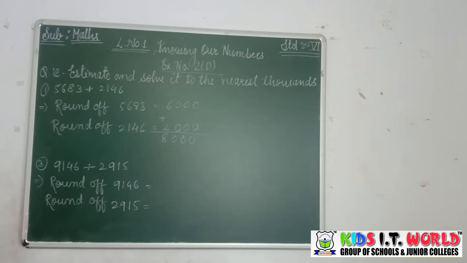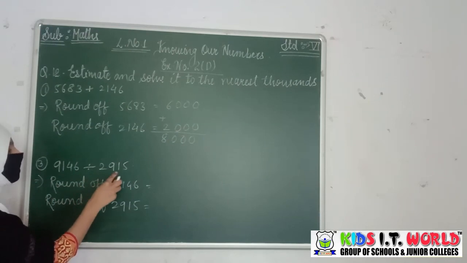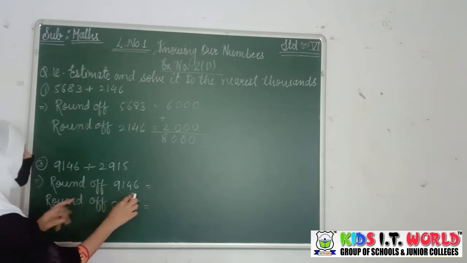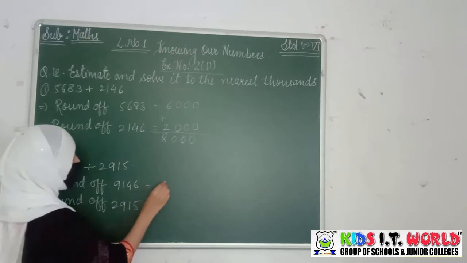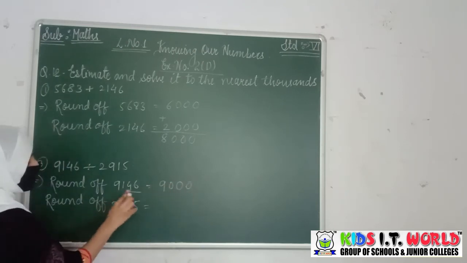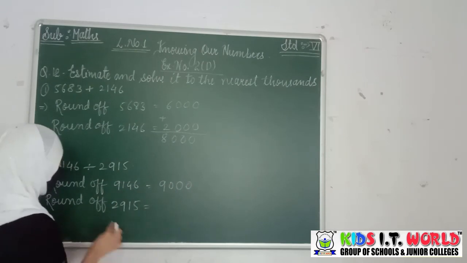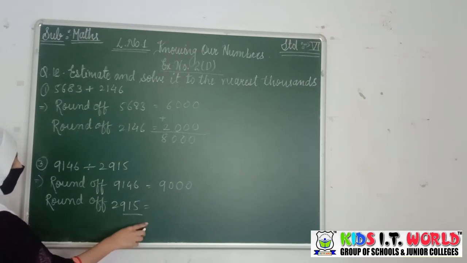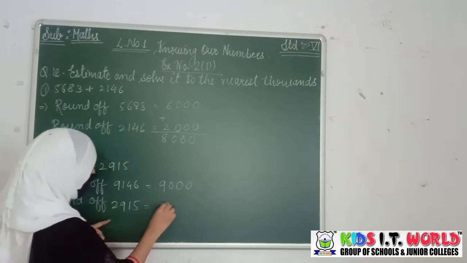Now in the same way you have to do it for the division also. Here 9146 is divided by 2950. So first of all, what process do you have to do? First of all, you will round off the given values. Now round off the value 9146. What will be the rounded value for this? It will be 9000. Why? Because it is less than half. So its value will be 9000. Here 2950, you can see it is greater than half, so its rounded value will be 3000.